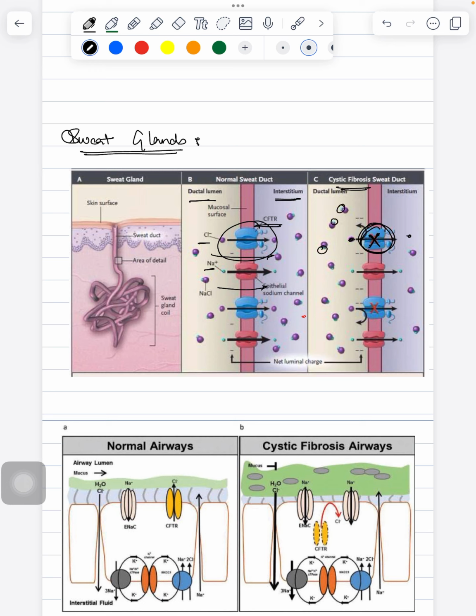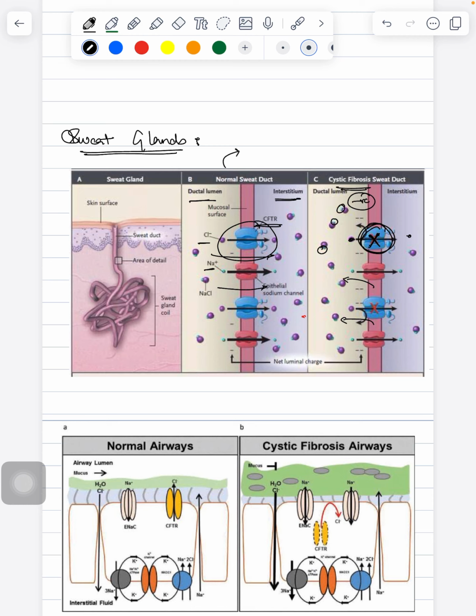Since the negative charge is in the lumen, it attracts your positive charge, that is your sodium. So sodium is also attracted and stored in the lumen itself, so that the child will present with salty skin or skin frosting. All of your sodium chloride and water is lost through your sweat, so that the child can present with